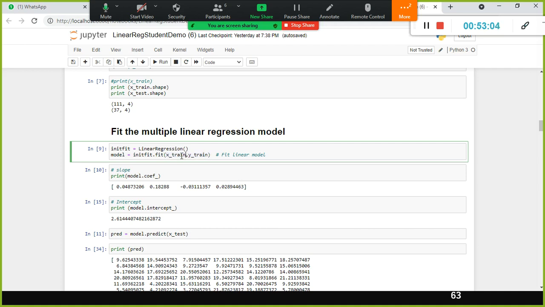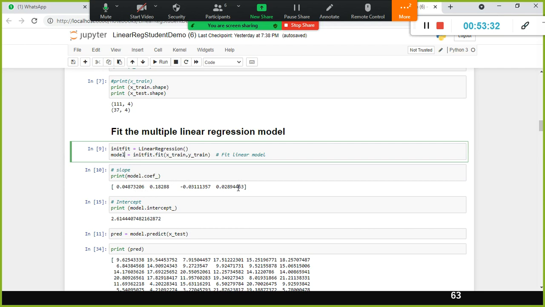That's all. See, you remember in R I used tilde. On the left side of the tilde I used the dependent variable, on the right side of the tilde I used the independent variable. It is slightly opposite. Here the first argument is your independent variables, the next one is your dependent variable. It is quite opposite. The next, right after I fitted the model, next step is print model.coef.